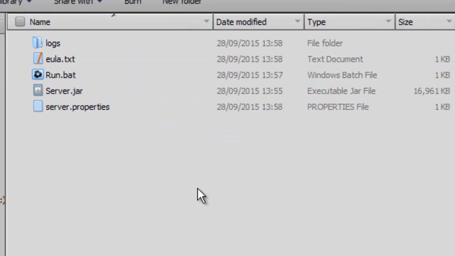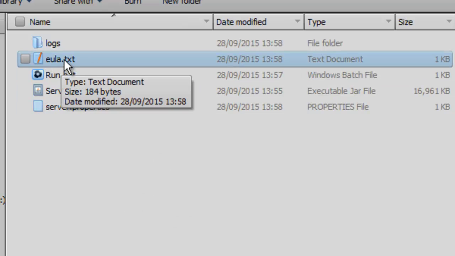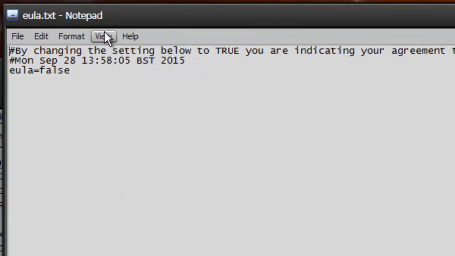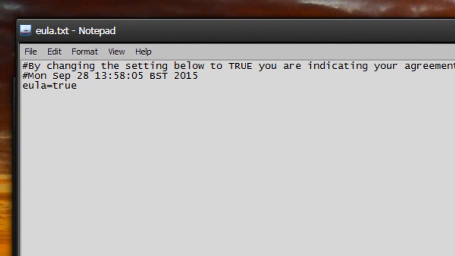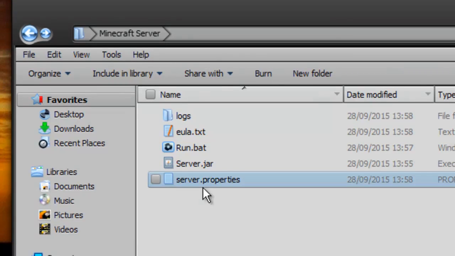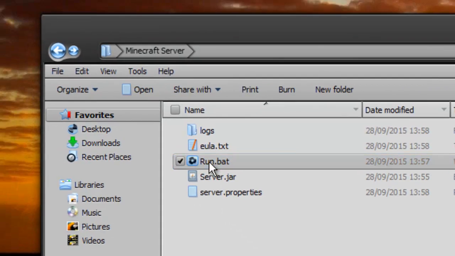Right, so as you noticed, my command prompt closed unexpectedly. This is completely normal, because Mojang now provides a EULA that you have to agree to. So we open that in Notepad, go into where it says false, highlight that, and type in true. Control S to save, and we simply just close. And now after we do that, we click on run again,